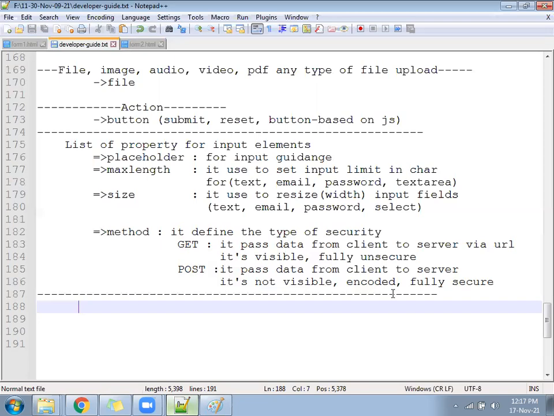Both will go to the same destination, but the carrying will happen by different parties. Once the data goes on one side, the key will go on the other side. The receiver will receive the data and the key, open, decrypt, and see what data is inside. That is how your web page works.